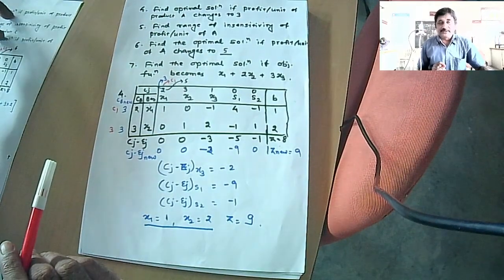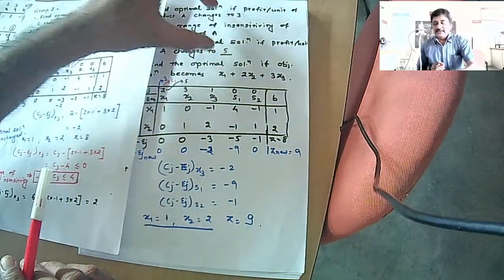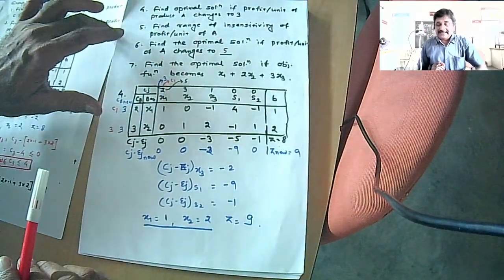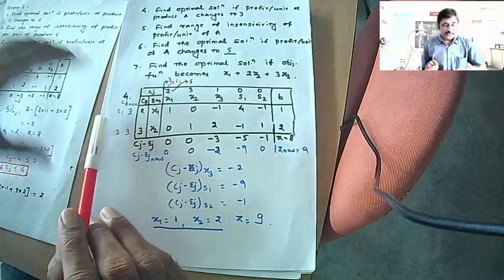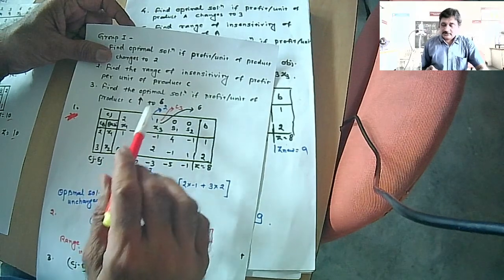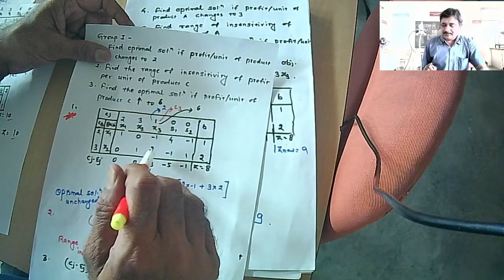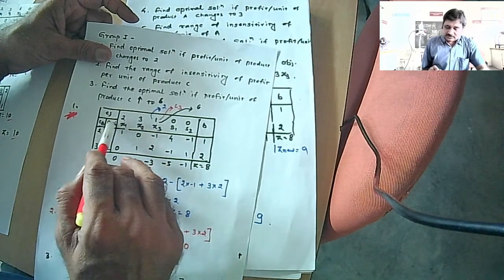Here you dealt with product C. Now here you are dealing with product A, and with product A the corresponding variable is x1, and x1 is a basic variable. X3 here was a non-basic variable. So the changes could be very easily handled because the variable was existing here only, it was not here.